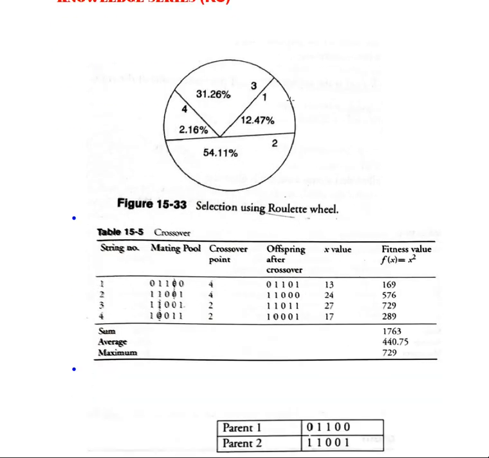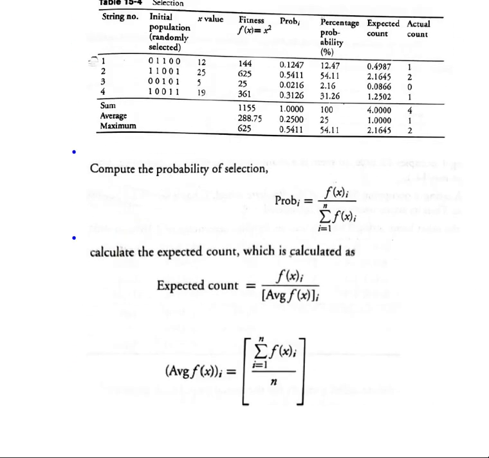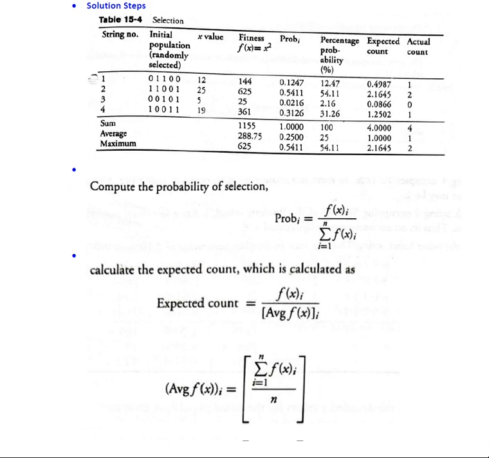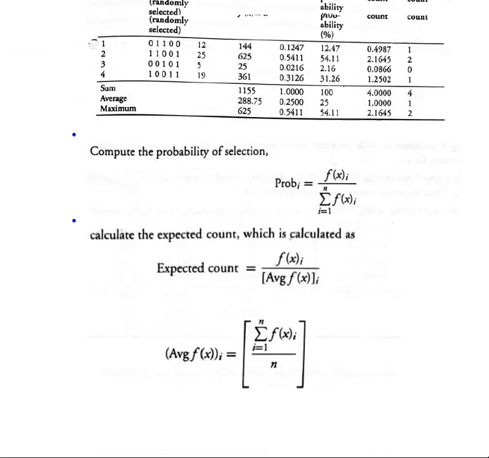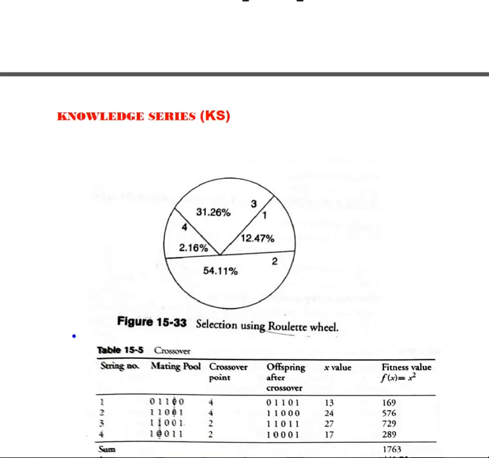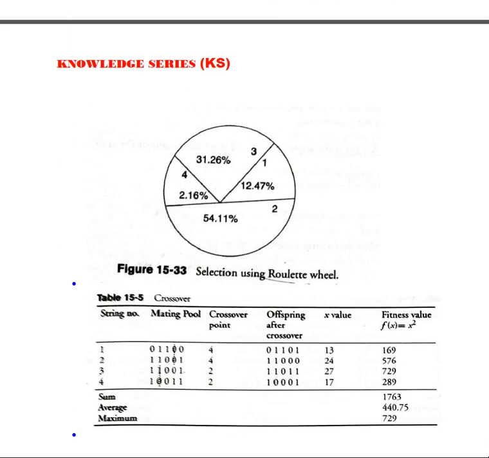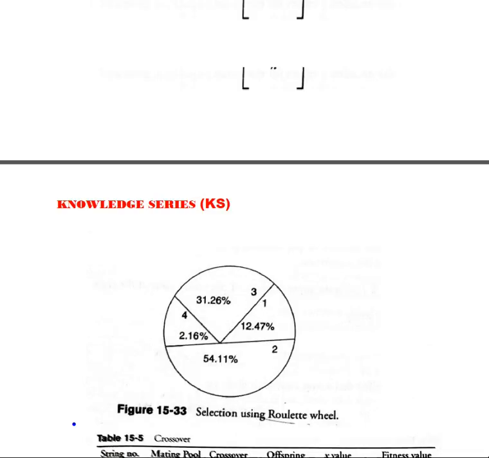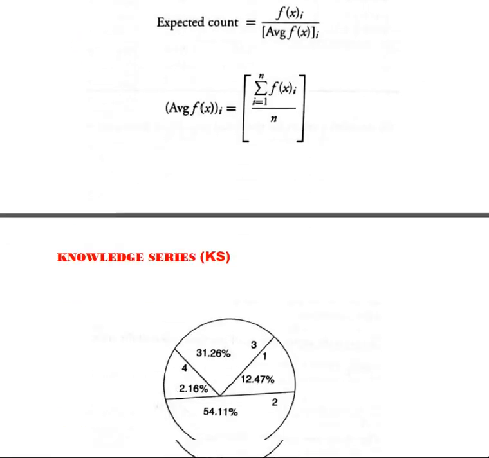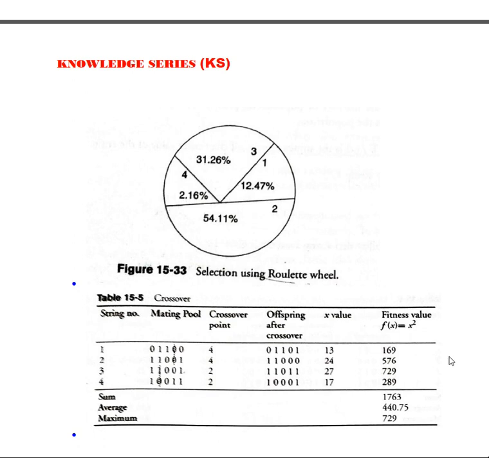We have taken 1, that is 0 1 1 0. How did we get it? You see here the 1 0 1 1 0. Then we have taken 2, 1 1 0 0 1. Then we have taken 3, 1 1 0 0 1. That is what we have taken. And when we try to see the fourth case, 1 0 0 1 1, the fourth condition is shown over there.